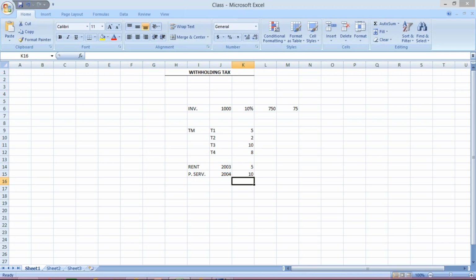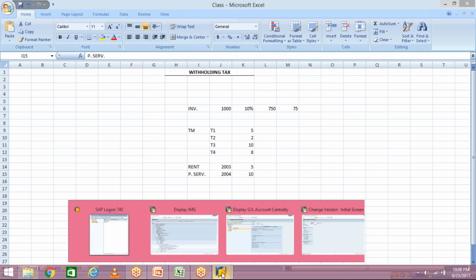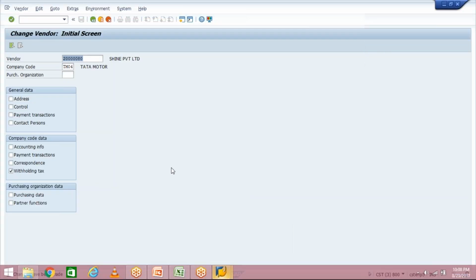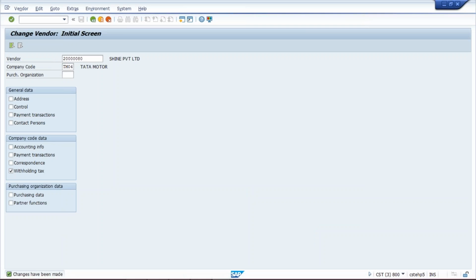Now what will happen then? In both cases, instead of one tax type and one tax code, we have to create two different tax types and tax codes, for rent and for professional services. And whatever tax type and tax code are created, those need to be assigned here with the vendor master.